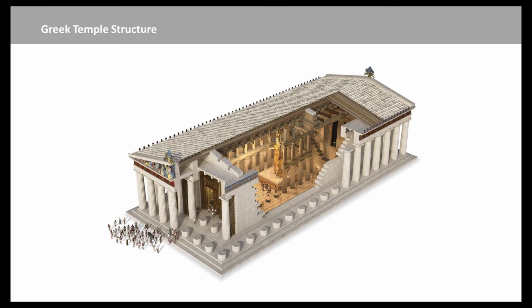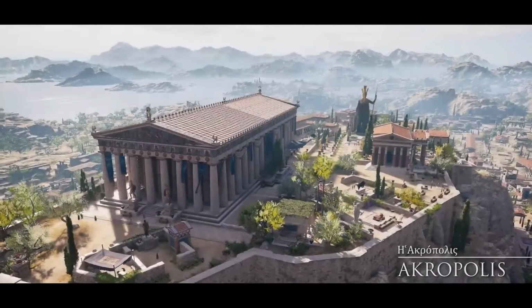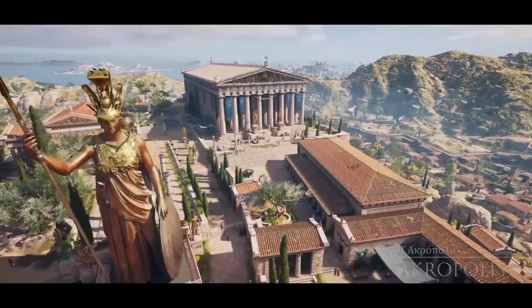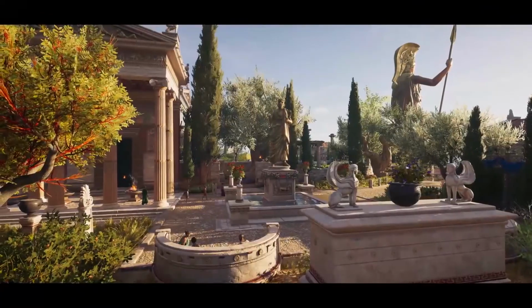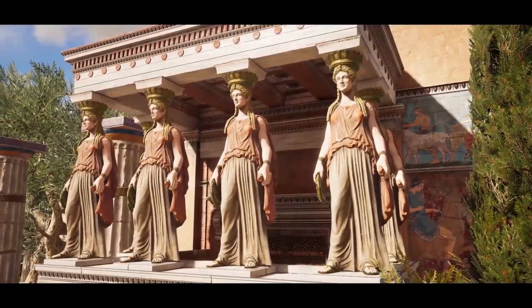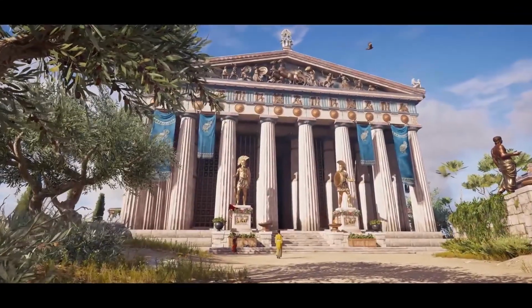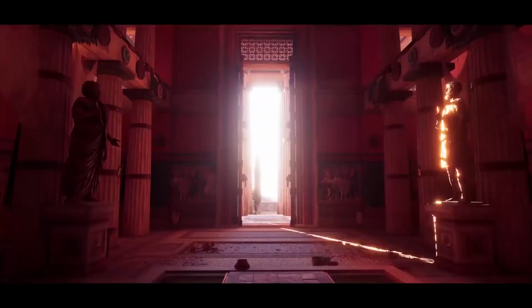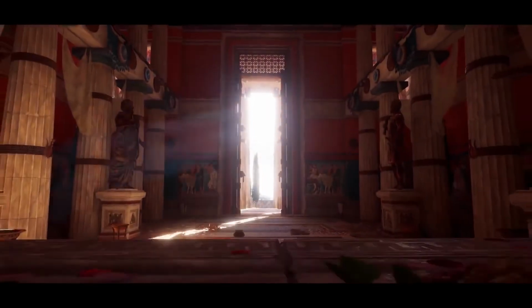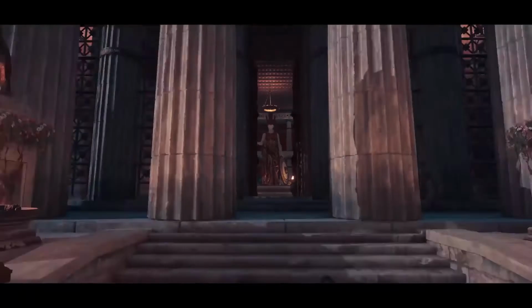The Athenians began building this temple to Athena in 447 BC, and they didn't complete it until 15 years later. Like all Greek city-states, the Athenians built their most impressive temples atop the highest point in town, called the Acropolis, literally high city. The Parthenon had all the elements of a Greek temple: the columns, an entablature, the pediment full of sculptures. It even had extra features: metopes depicting a battle, and the second row of columns with their accompanying frieze depicting a civic procession of Athenians in exquisite detail.